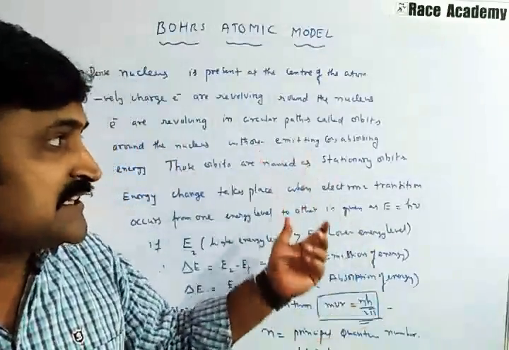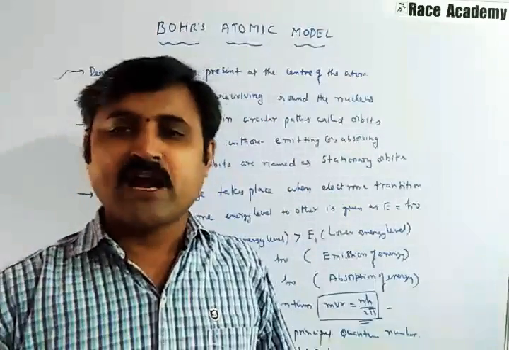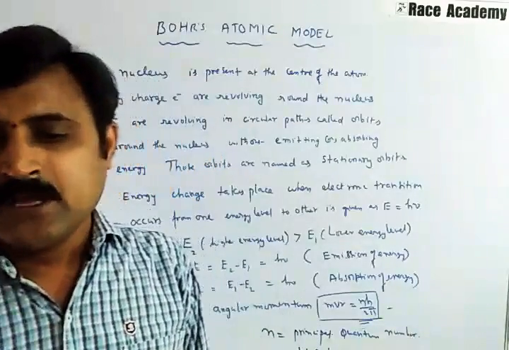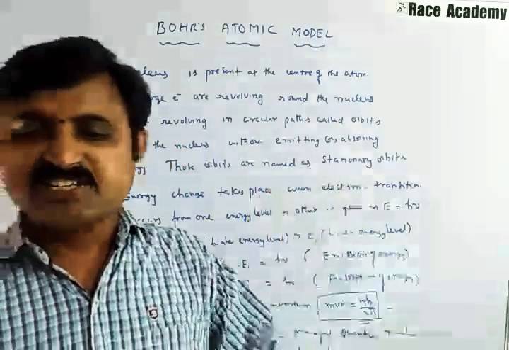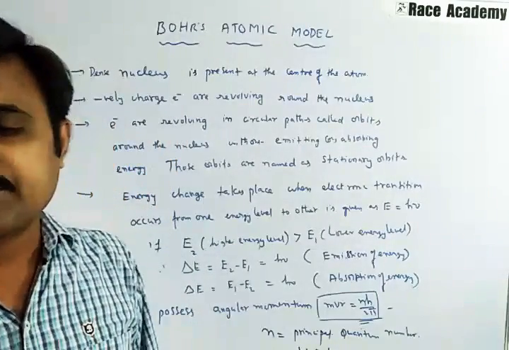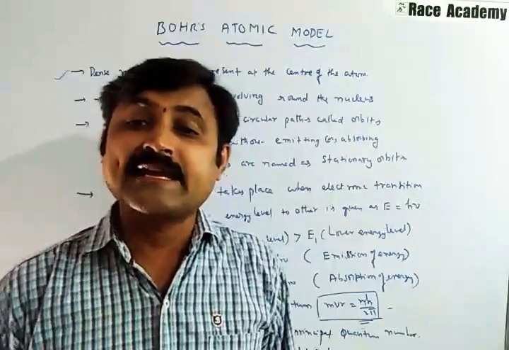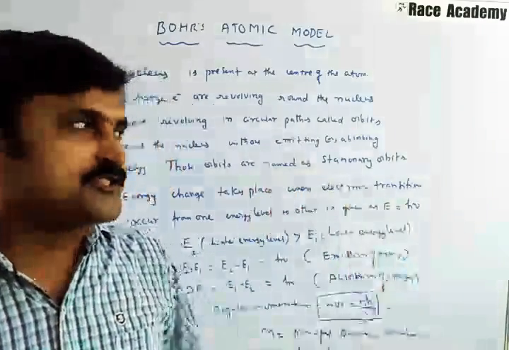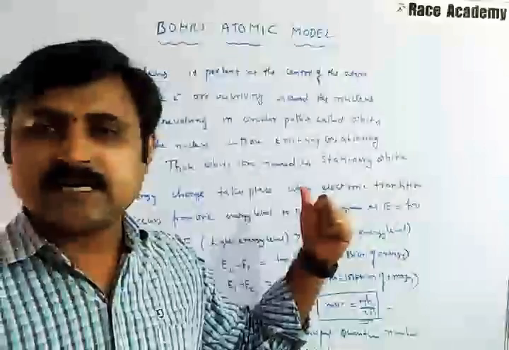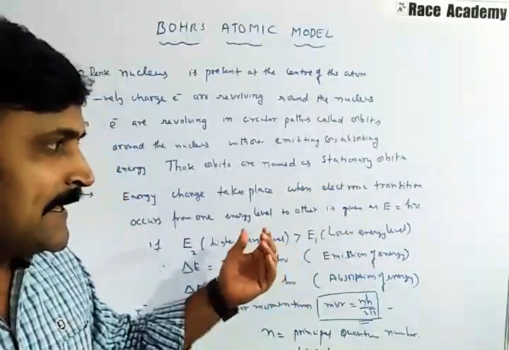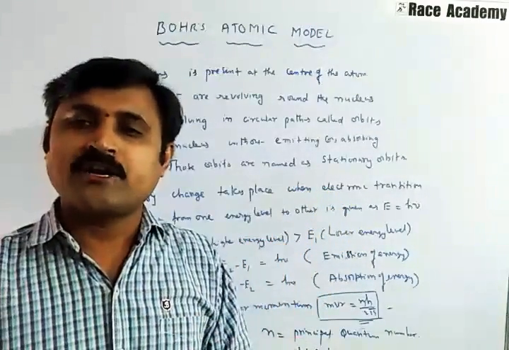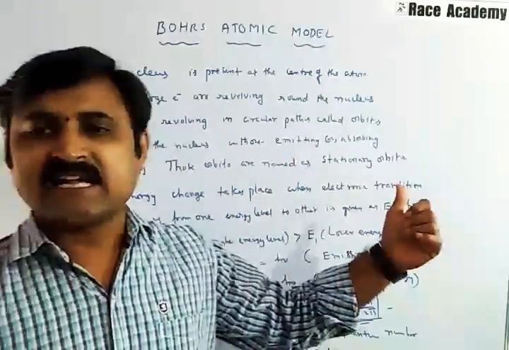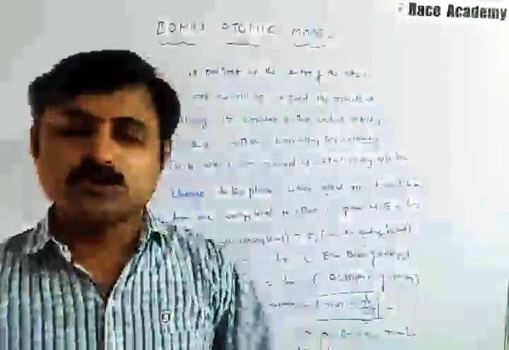Why? Because this theory successfully explains the hydrogen atom and single-electron species. And Bohr's concept of stationary states of electron explains the emission and absorption spectra of hydrogen-like atoms. Earlier, we discussed the emission and absorption spectra of the hydrogen atom, and that is successfully explained by Bohr's theory through the transition of an electron from one level to another level. So Bohr's theory successfully explains the hydrogen spectrum also.